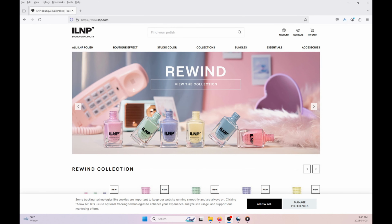And that is it. That is my entire wish list for ILNP right now. I'd say, what do you think? Have I overlooked some true classics from ILNP that absolutely need to be considered? Do you own any of these polishes and do you have opinions about them? I would love to hear about that. Especially as regards the metallics, because again, the rumors are not troubling, but give me pause. Yeah, what do you think? Please let me know,